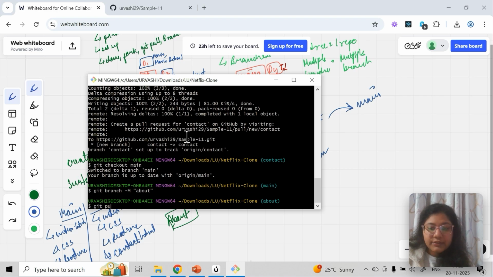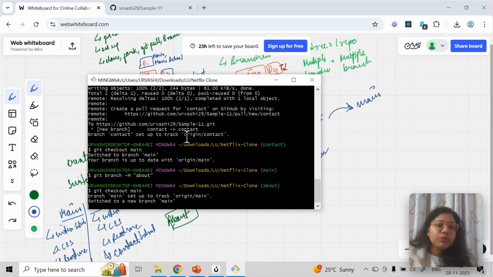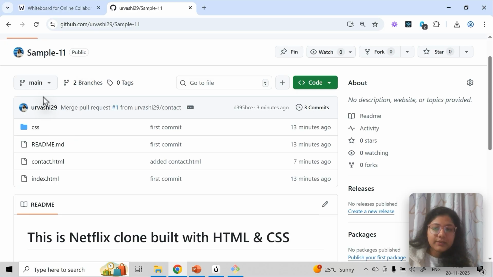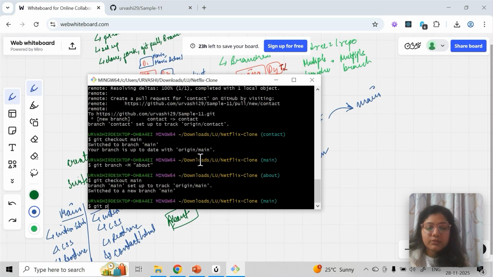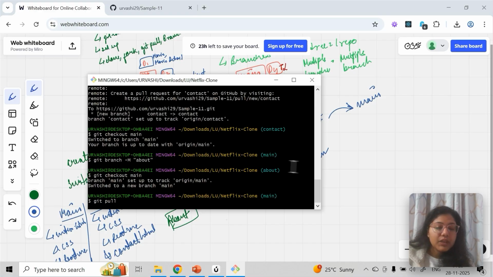Let's do one thing. Generally what we do is we get the latest code with git checkout main. So firstly we will pull the main. Firstly I'll try to pull the latest code, whatever was the latest code in main. So the mapping is clear, here main is the latest one. Right now I'm in main, I'll say git pull. So the latest code that was there in main will come.